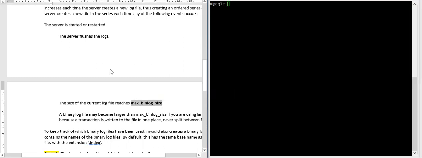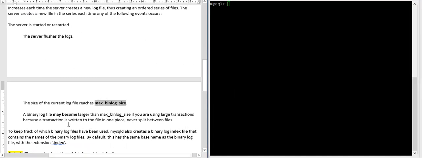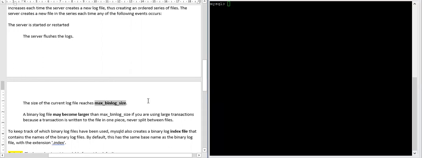And the MySQL binary log can also be larger than max_binlog_size, in cases like large transactions, because a transaction is written to the file in one piece. Suppose your file has reached 1 GB; it may increase beyond the 1 GB size, because some transaction is still being logged even after the size has reached 1 GB.